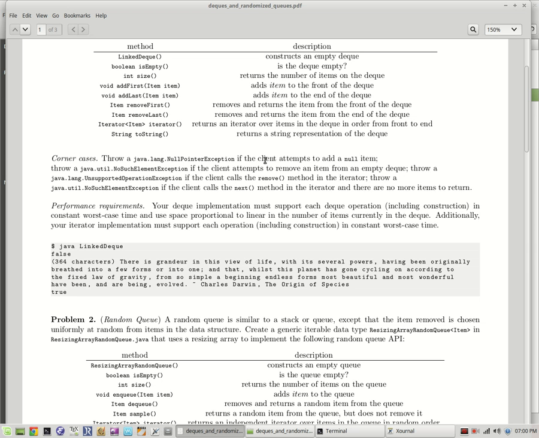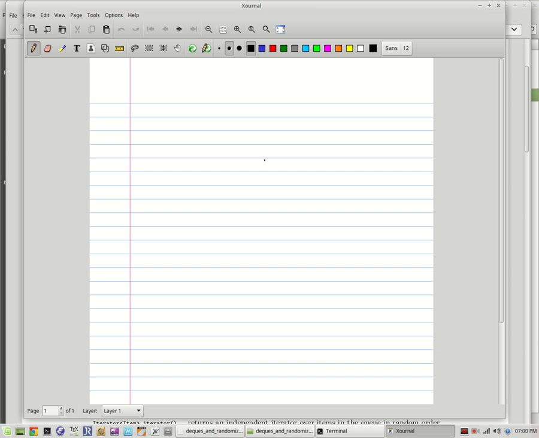Now what I'm going to do is just give you some idea on how you may want to go about implementing this data type. We're going to use a linked list to implement the deque. So our linked list might look something like this. It's going to contain these nodes. Let me just draw a few nodes here. So what we have here is a deque implemented using a linked list,